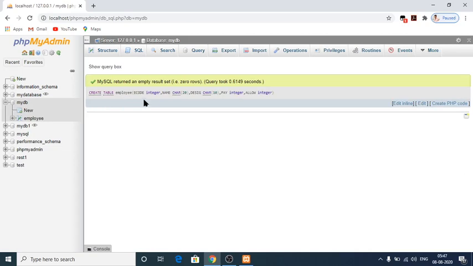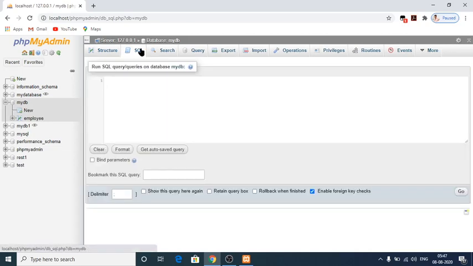See here, CREATE TABLE employee, this is what we did. Next, my next task is to insert values: INSERT INTO employee.